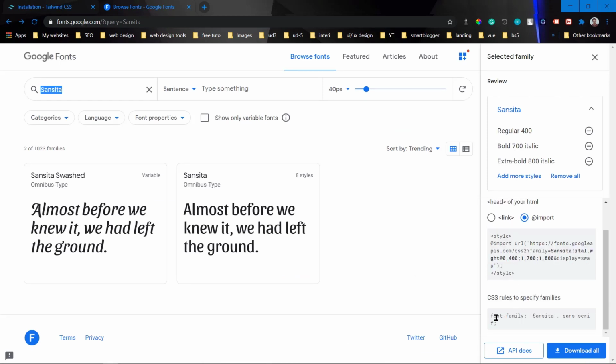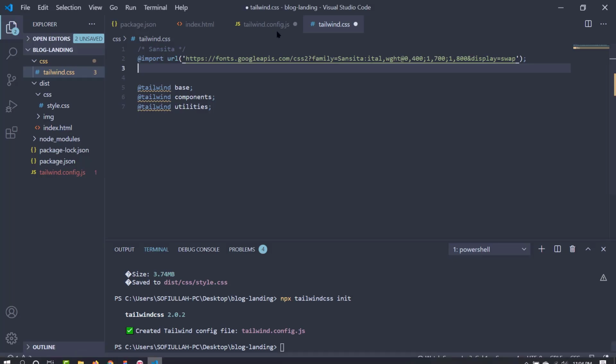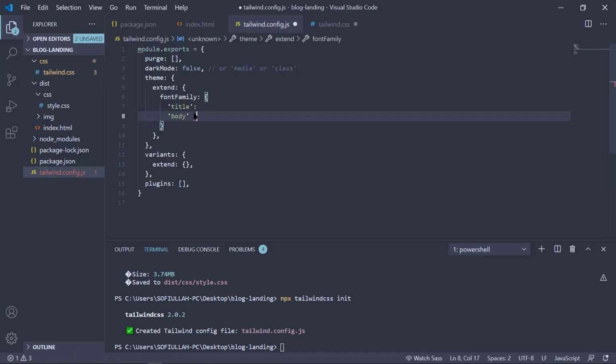And we actually need to add the font family. Let's just copy this here. We need to put it inside this Tailwind config. So this is the title font, right? Let's paste it here. We also need to put it inside single quotation marks and a comma.